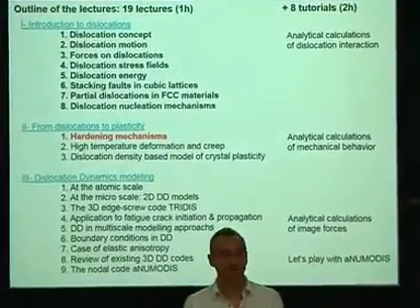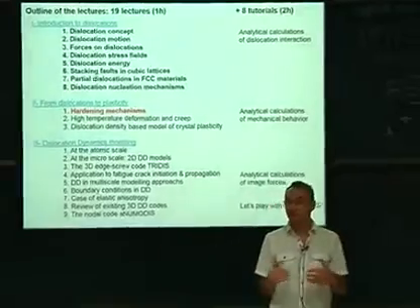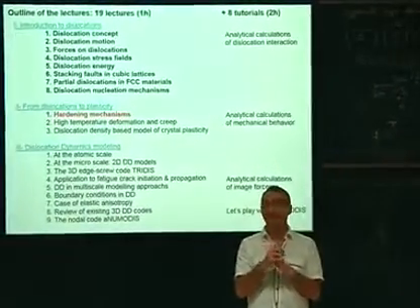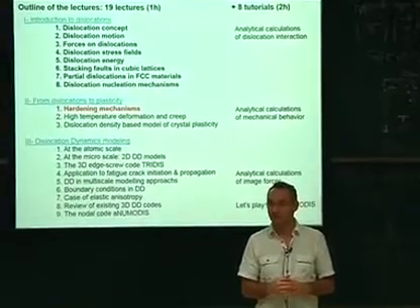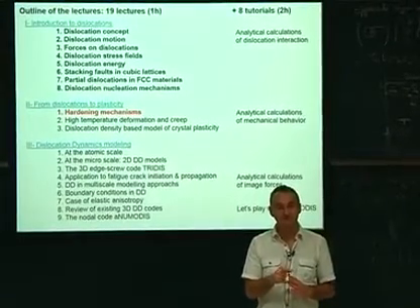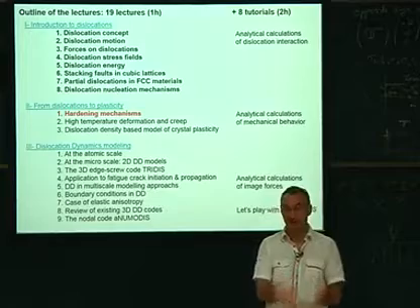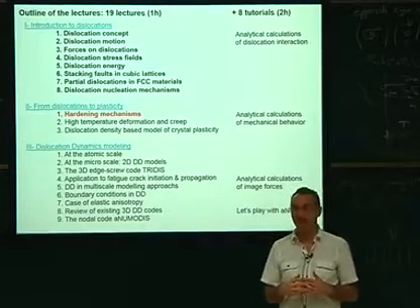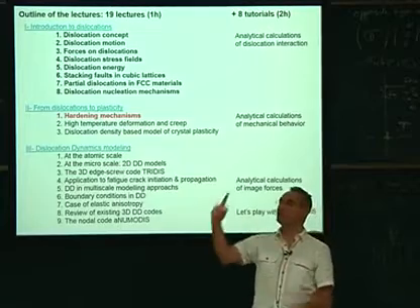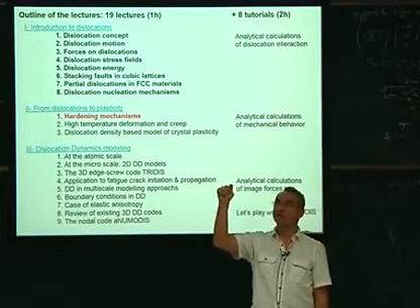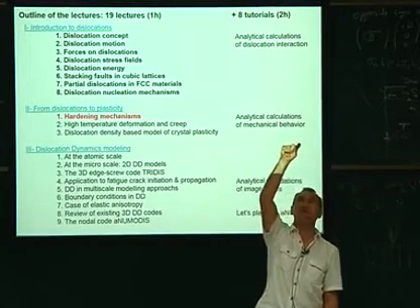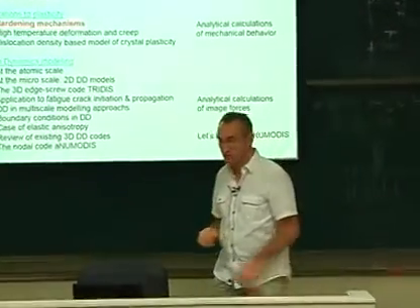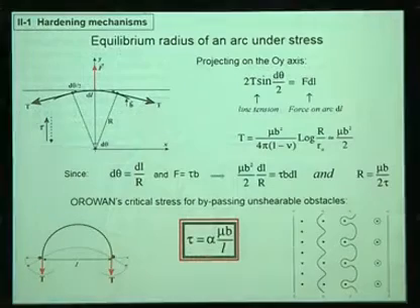So what could harden your material? You know what hardening is, by the way? I forgot to introduce that. What is your definition of hardening? Strengthening, yes, but how does it display on the curve? Exactly. So it means that you have your initial yield stress, elastic and plastic, and this yield stress increases with time. When it is increasing, we call it hardening, because your new yield stress is higher than the initial one. So what could be at the origin of hardening in materials?